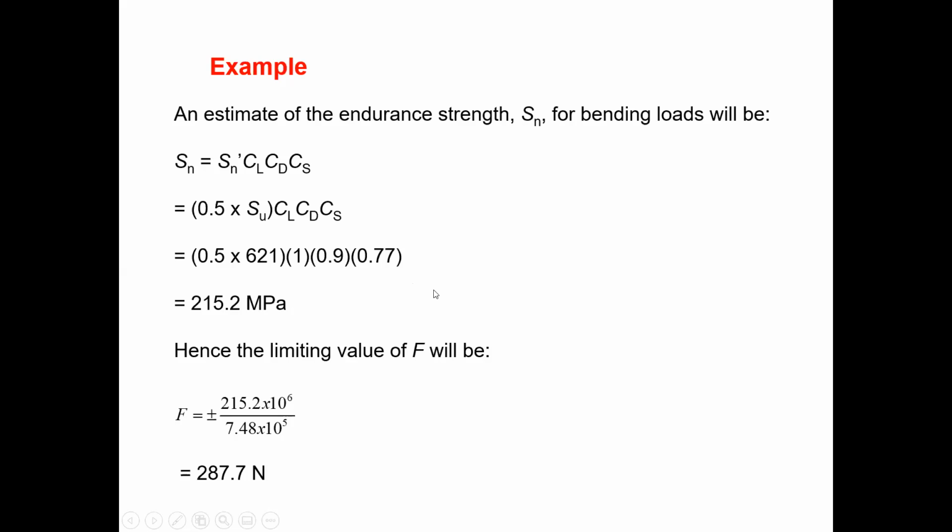Actually, Kf is not equal to 1 in here as well. But we can't get one single equivalent Kf value for both load types. Did you understand what I'm explaining? There is a torsional load and a bending load. We don't have one single Kf value. So what we normally do is apply the relevant Kf value separately to each stress value, and